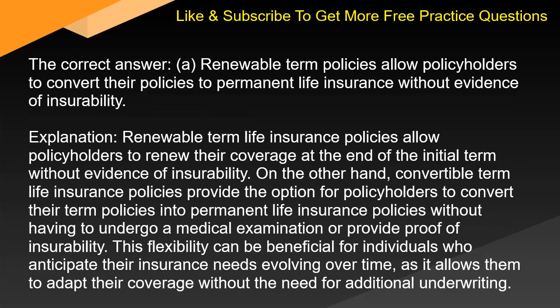The correct answer, A. Renewable term policies allow policyholders to convert their policies to permanent life insurance without evidence of insurability. Explanation. Renewable term life insurance policies allow policyholders to renew their coverage at the end of the initial term without evidence of insurability. On the other hand, convertible term life insurance policies provide the option for policyholders to convert